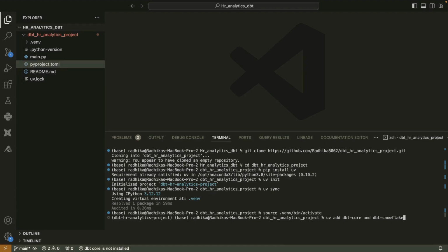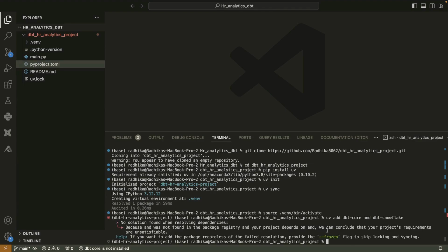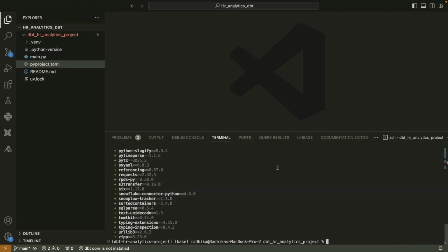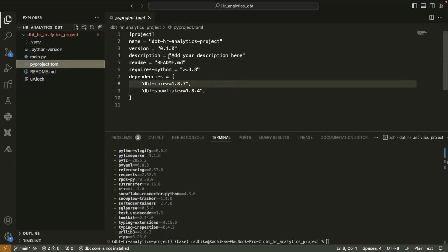That is why we are installing dbt core and dbt snowflake. Now let's hit enter. Oh, I have written "and". We don't need "and" here, so I will say uv add dbt core and dbt snowflake. I don't have to write "and". So as soon as we do this, these packages get installed. And if we go to our dependencies, then we can see in pyproject.toml that these have been